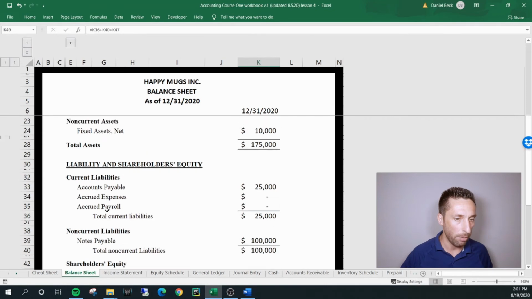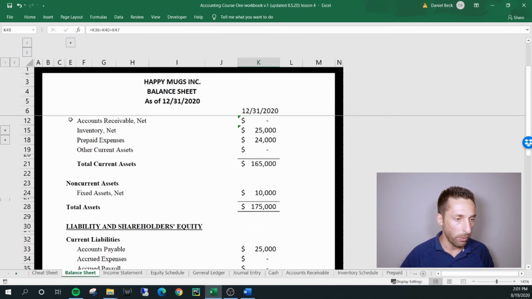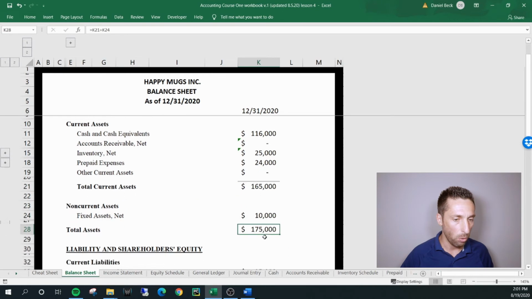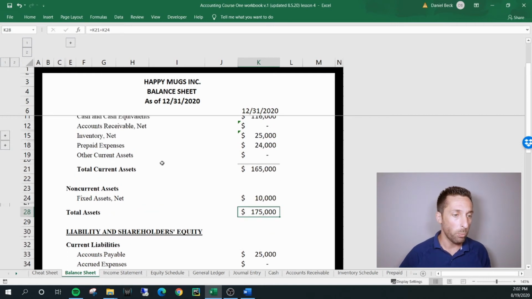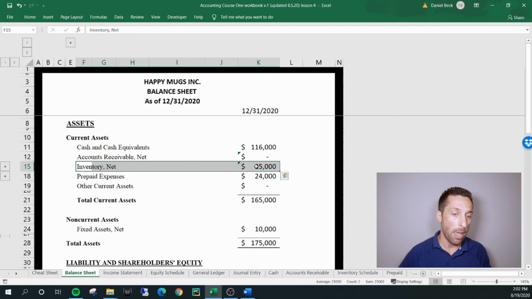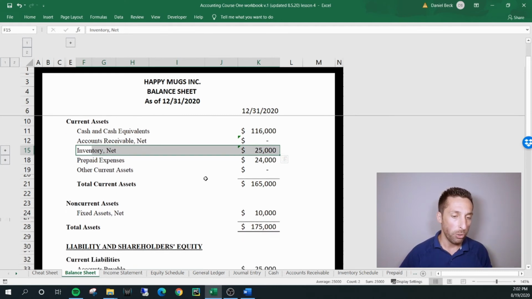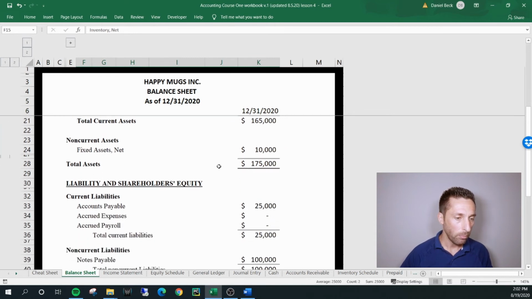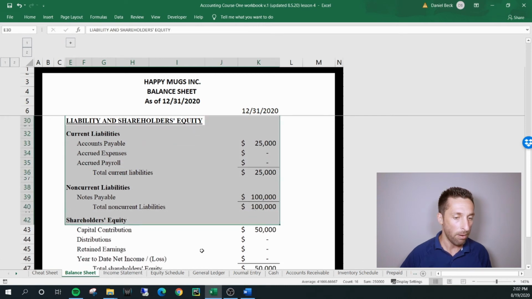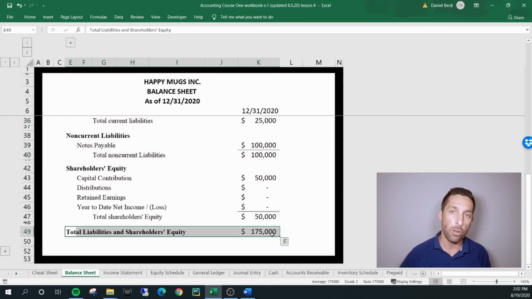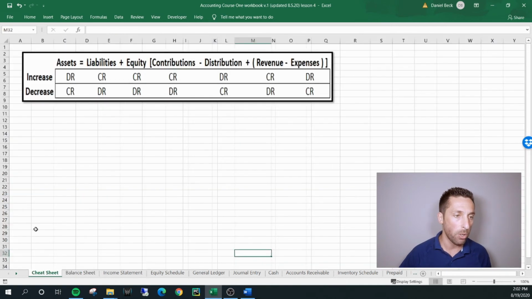Let's go to our balance sheet now. And you'll notice, if we look at total assets right away, that total assets has increased from 150,000 from the last video now to 175,000. That's because we made a purchase of inventory, but we didn't pay for it with cash. We got it on terms. So you'll see the offset of this is down here in our accounts payable. So our liabilities and shareholders' equity now has equally increased to 175,000, which equals our basic accounting equation: assets equals